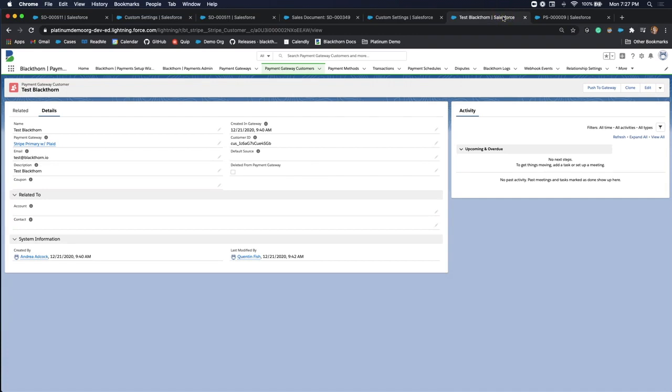And then once you've done those two things, you can create a payment gateway customer record, save it, review the details for accuracy and completeness, and then push to gateway. This also is useful for triggering any changes. So if you need to make a change to email address or name, any of the fields here,